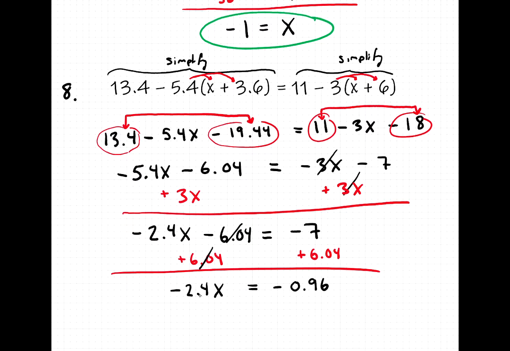One more thing to do, get rid of the times negative 2.4. So we do that with division. The opposite of times negative 2.4 is dividing by negative 2.4. Whatever we do to the left, we have to do to the right. Divide by negative 2.4, and that should do it. The times negative 2.4 divide by negative 2.4, they cancel. So we're left with x, and on the right,